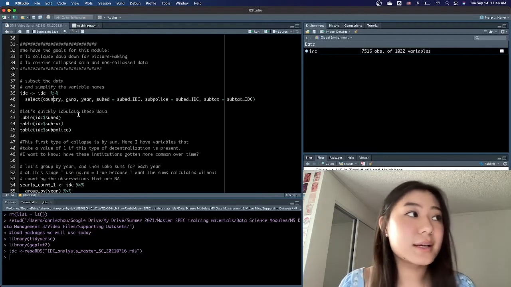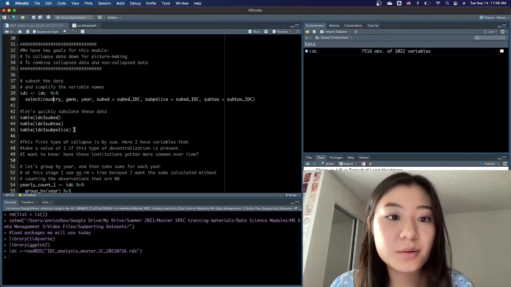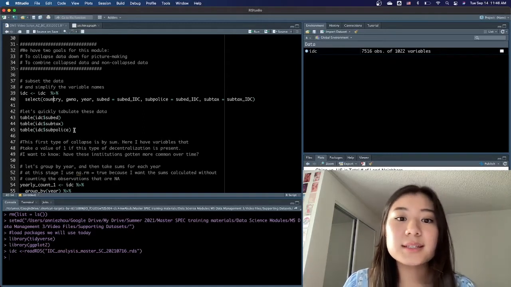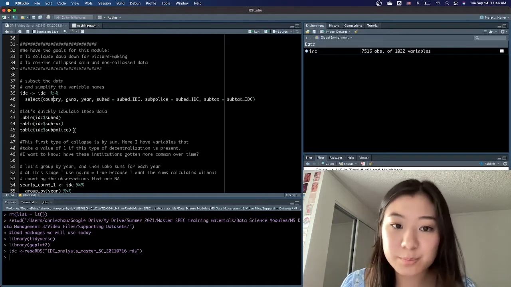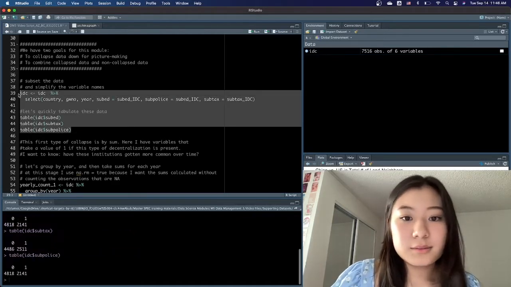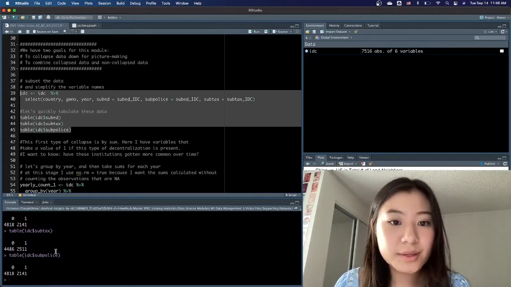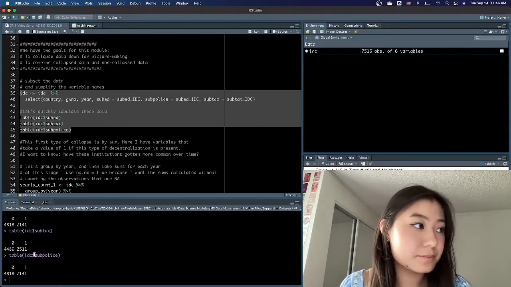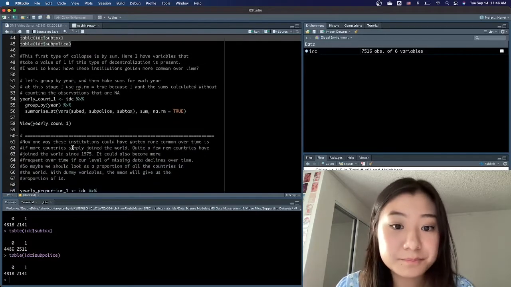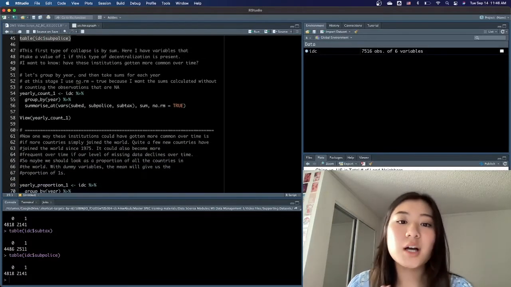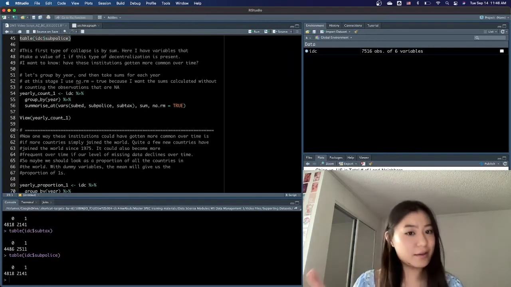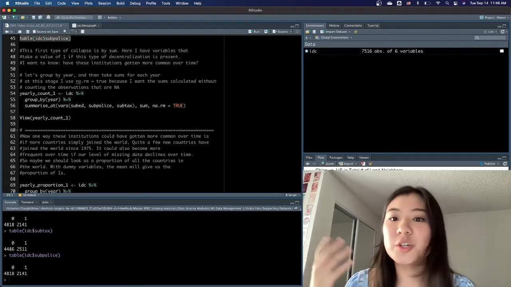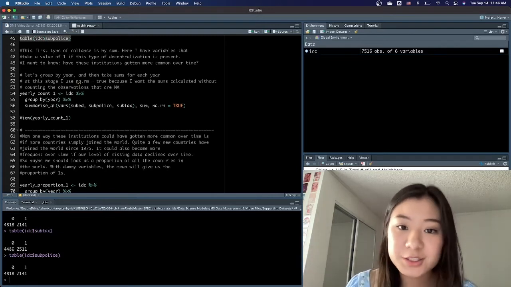So the first thing I'm going to do is create some tables with the values in the measures of subnational policy authority. These tables essentially show the frequency of each binary variable. So here we have these 3 binary variables, just zeros and ones. Now let's do this first collapse. What if we wanted to talk about the prevalence of these institutions over time? How common is it to decentralize authority? How has federalism changed over time in the world? Those are all really good questions to ask.